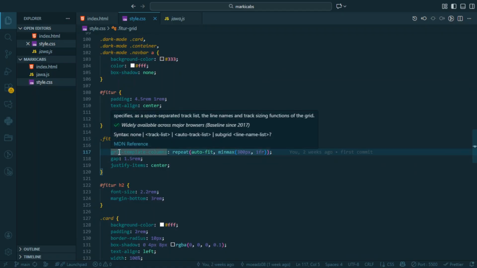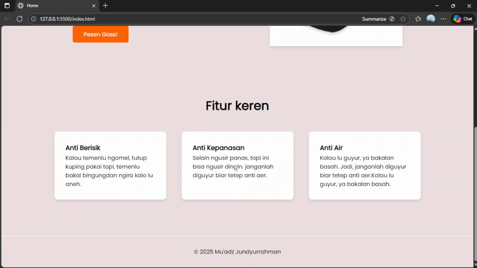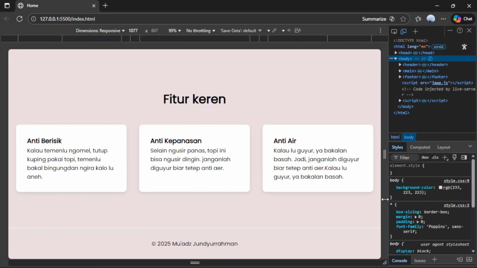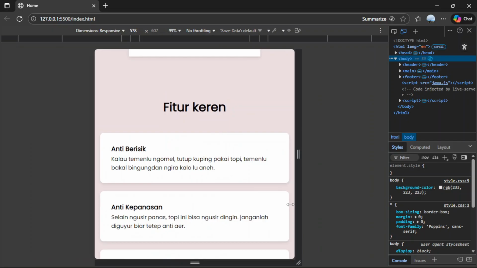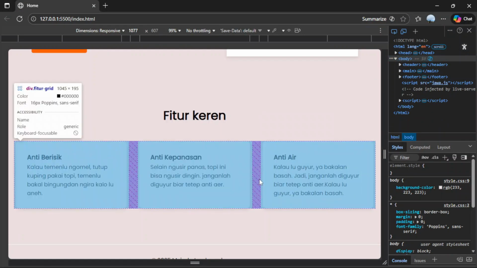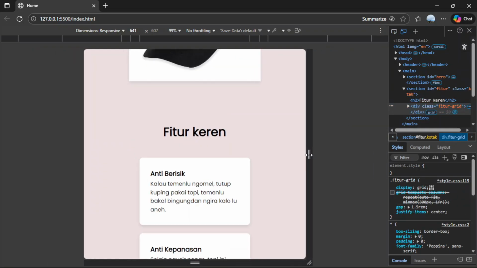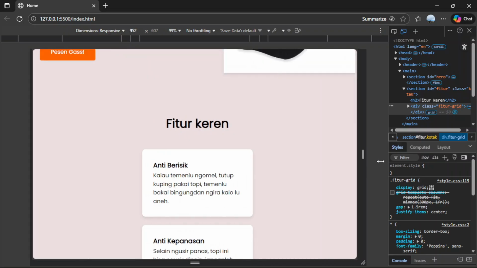It is the key for being responsive, like this. If we don't use this one, maybe I will deactivate it, it will be like this.